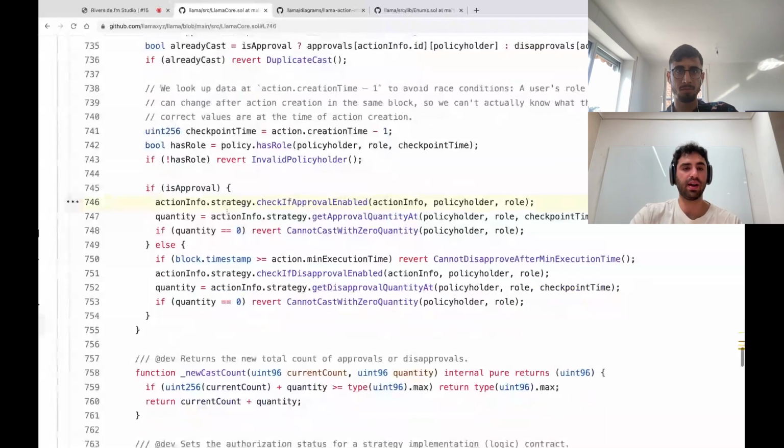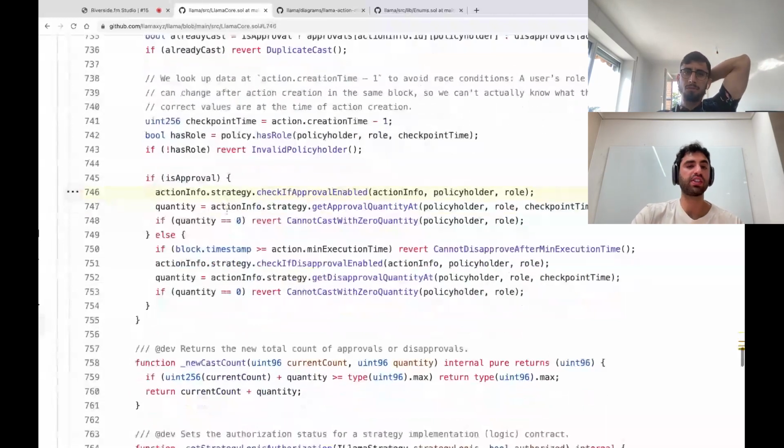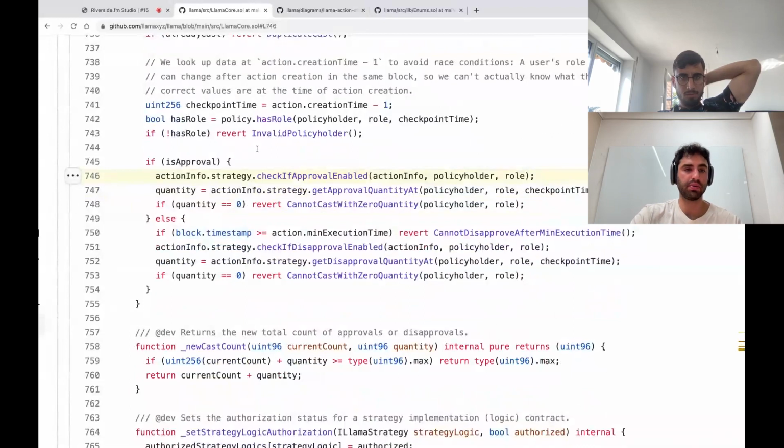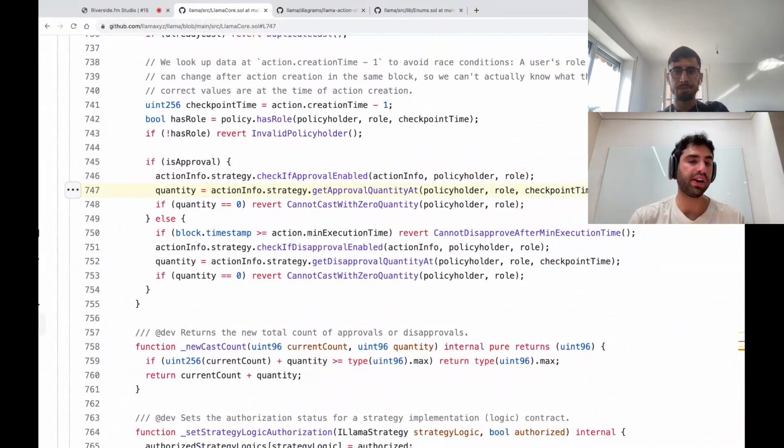We're saying, for this specific action, is approval enabled? We're getting their quantity. Roles have a quantity attached to them, and by default it's 1, so everyone's voting power is the same, but you can imagine wanting certain policyholders to have a higher quantity.